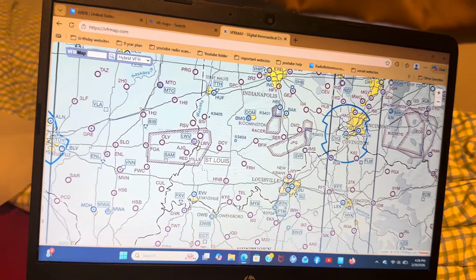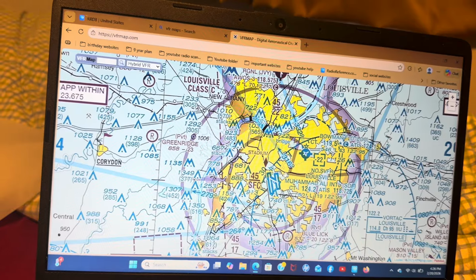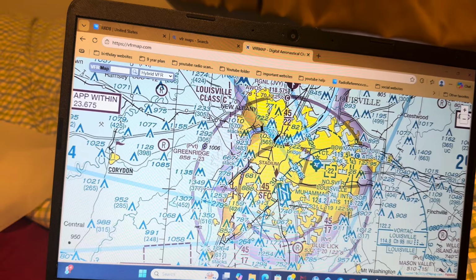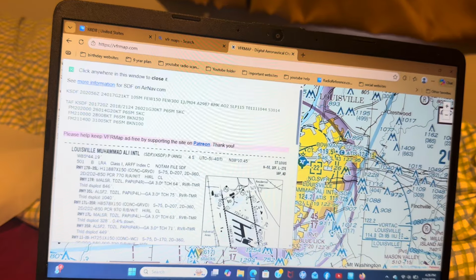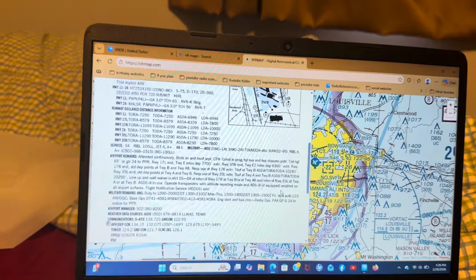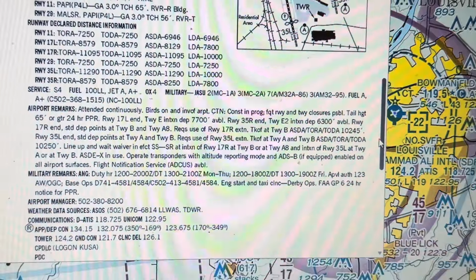So, for instance, the airport that I went out of whenever I flew into Laughlin was this airport right here, called Louisville Muhammad Ali International Airport. So, for instance, if I zoom in on here,